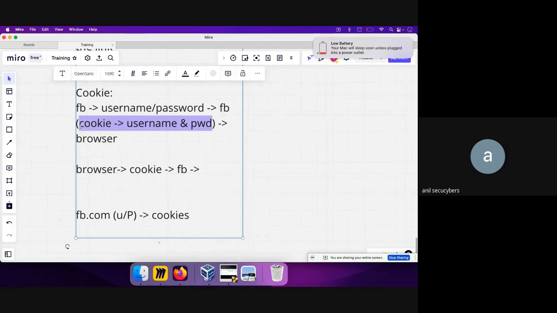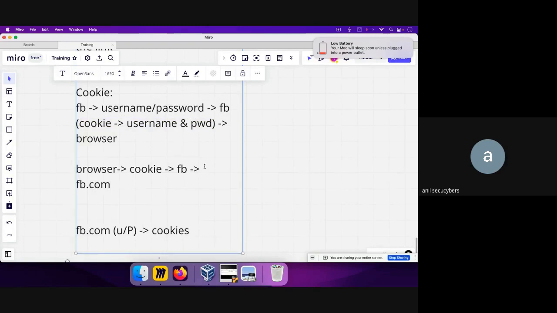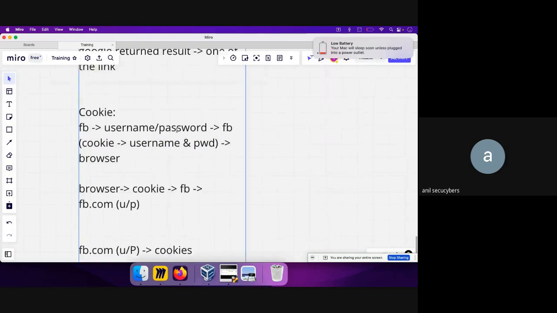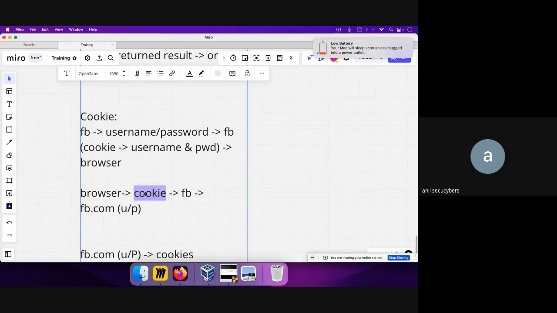If it is a valid cookie linked to a valid username and password, it will allow you to access facebook.com without asking you for the username and password again. This information of the cookie is also present in the HTTP cookie header. So if we go to this one,